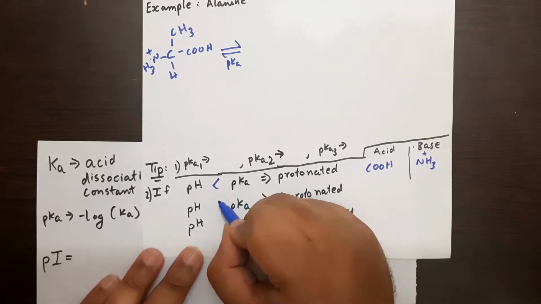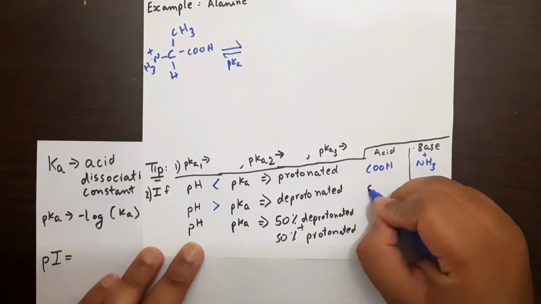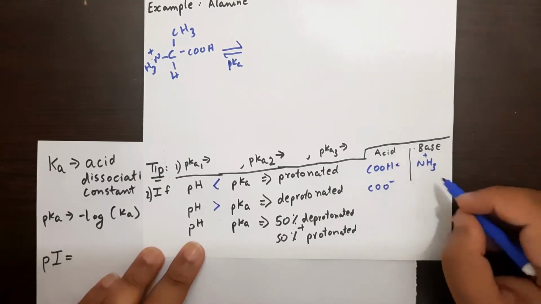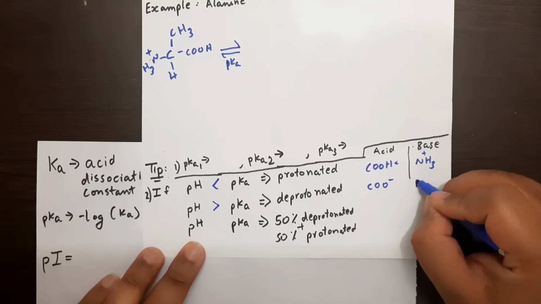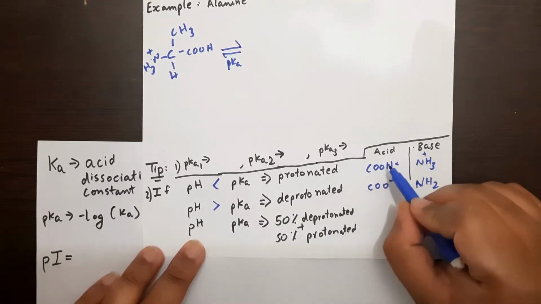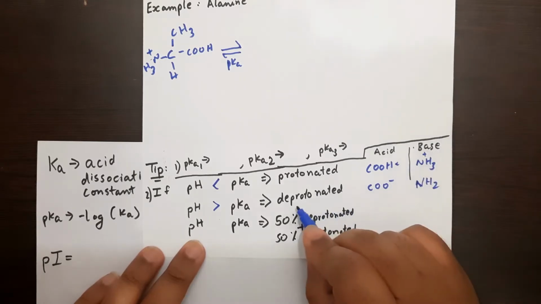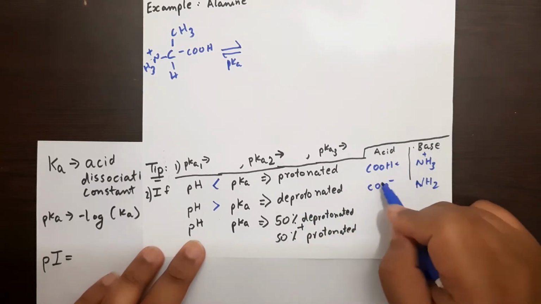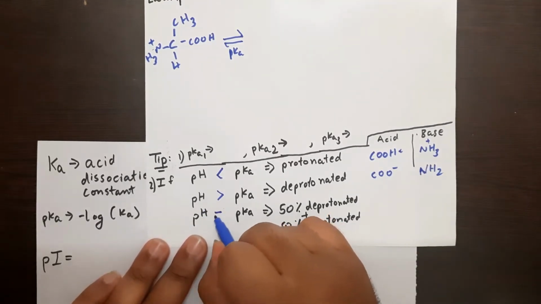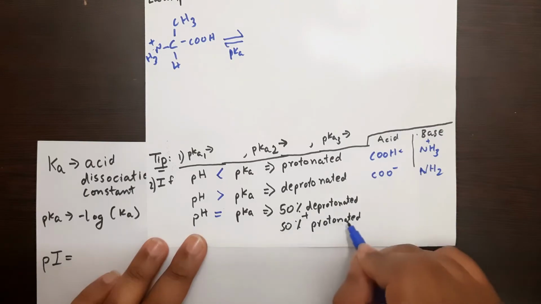If the pH is greater than the pKa value for that group, then it becomes deprotonated, such that the carboxyl group would become COO minus because it lost a hydrogen, and the amino group, if it loses a hydrogen, will become NH2, no charge. One inference we can make here is that when an acid gets protonated, the net charge on it is neutral. For a base, it becomes positive. If an acid gets deprotonated, it will become a negative charge, whereas the base will become a neutral charge. Then you can ask what happens if the pH is equal to the pKa. In this case, 50% becomes deprotonated, 50% becomes protonated.